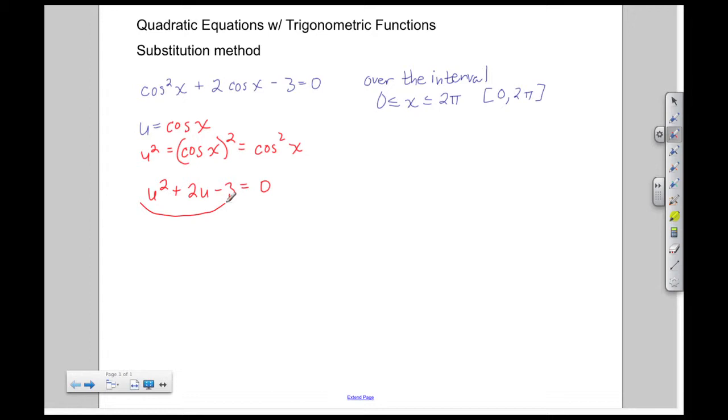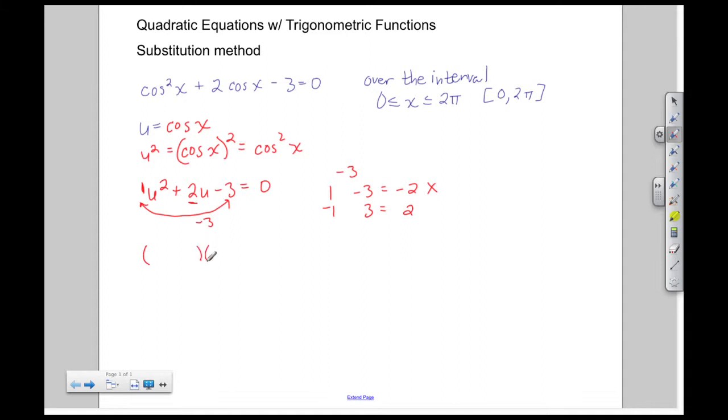We're going to multiply these two numbers together. Understood that there's a 1 sitting in front here, so 1 times this negative 3 gives me a negative 3. So negative 3 is like my magic number. I call it a magic number. You're not going to see that anywhere, something I just made up. With this magic number, I need to find its factors that add up to a positive 2. To get a negative 3, I could have a positive 1 and a negative 3, or I could have a negative 1 and a positive 3. When I add these factors together, 1 minus 3 gives me a negative 2, and negative 1 plus 3 gives me a positive 2. I'm looking for a positive 2 because that's my middle term here. So that goes away, and I'll be using the negative 1 and the positive 3.